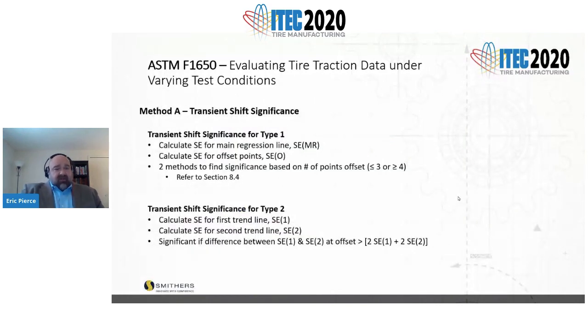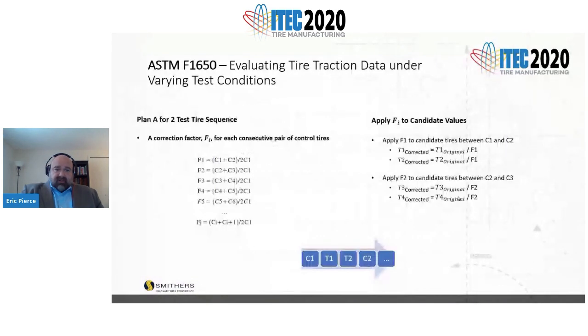Then we determine if that drift is significant between the two: if the difference between the standard error of the first and the second at the offset is greater than 2 times the standard error of the first regression line and the second regression line. So in the event that we do have significant drift, whether for the linear, stepwise or transient,